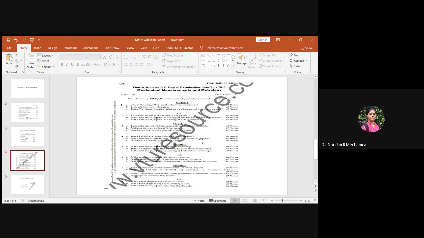Along with that, you have the third sub-question asking you to sketch and explain the working of an LVDT. So you should be able to draw the sketch and explain how an LVDT works. So this is about the pattern of the questions which come across in our module 2. Brushing out with respect to the PPT, I will be doing in the next class. So now if you have any doubts, you are free to ask me.